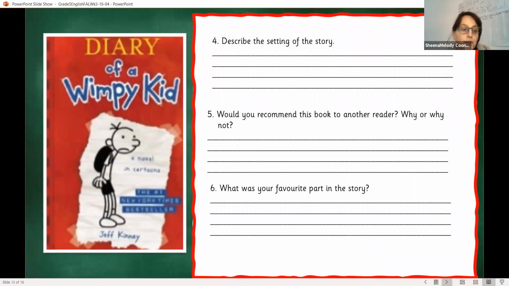Very good. Yes, it takes place at school. Okay, so the setting is a school. Very good. And how do we know it's a school? We know because there's a gym, an auditorium, and a playground. If you want to write that down, go for it. Okay, so the setting is also the neighborhood because the book refers to Greg's house and Fregley's house and Grandma's